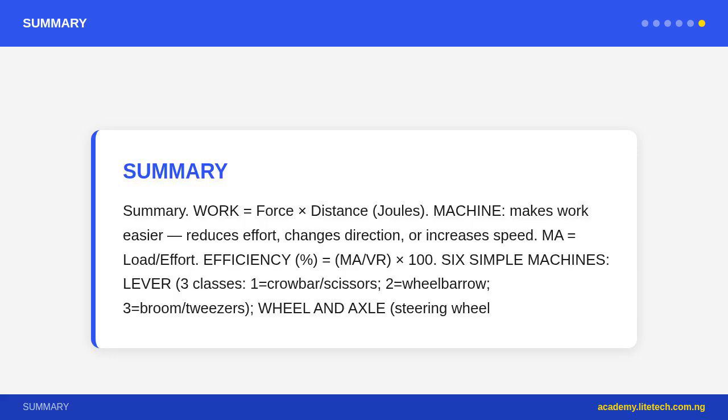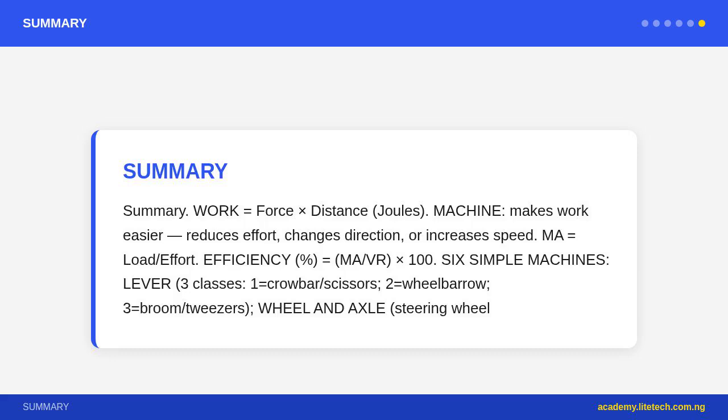Summary. Work equals force times distance, joules. Machine, makes work easier, reduces effort, changes direction, or increases speed. MA equals load / effort. Efficiency, percent equals MA / VR, times 100. 6 simple machines, lever, 3 classes, 1 equals crowbar / scissors, 2 equals wheelbarrow, 3 equals broom / tweezers, wheel